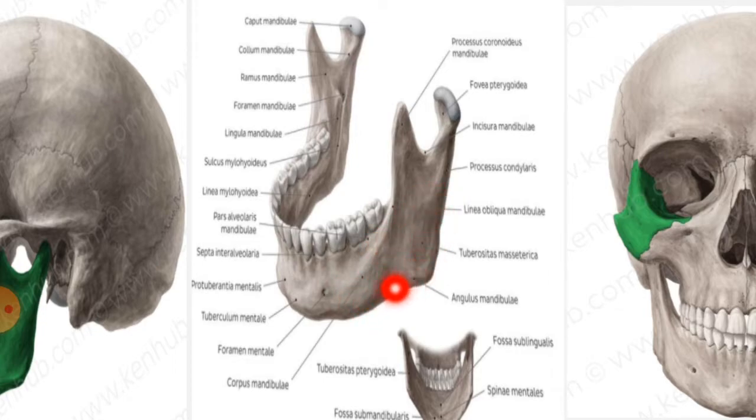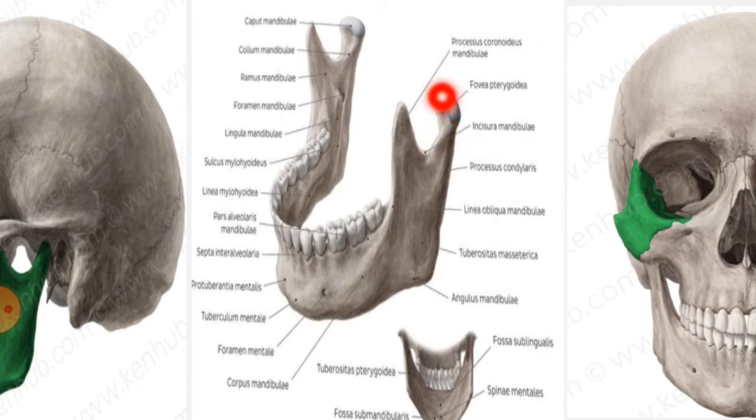This part where the ramus and the body join is called the angle of the mandible. This part is called the ramus of the mandible. These two are the processes. This